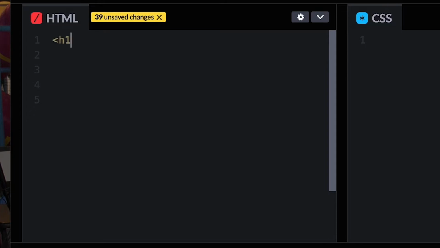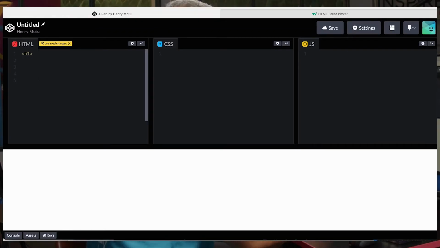And I'm going to make it a header 1, which is basically the largest and most prominent header that you can make. And I'm going to tell it to say, Aloha, Inspire Online, exclamation. And as you can see, it's already starting to populate right there in the bottom. That's what it's looking like with the default font and the default settings. And I'm going to go ahead and close this header, all right? So I'm going to just end that one